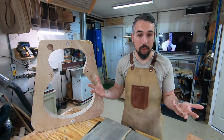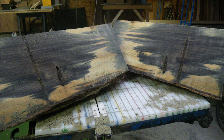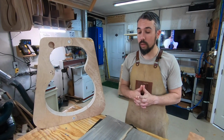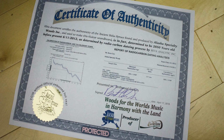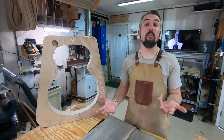And as somebody who's a wood dealer does, they go, well, let's cut it open. And he sliced the log open and saw that it was this crazy gray color. Knowing that it was Sitka spruce, went, okay, something's weird here. They sent it off to be carbon tested at a lab and found out that it's 2,850 years old, according to its carbon dating, and that the tree itself, when it fell, was 250 years old. So that puts it at, when the tree was growing, 1100 BC,